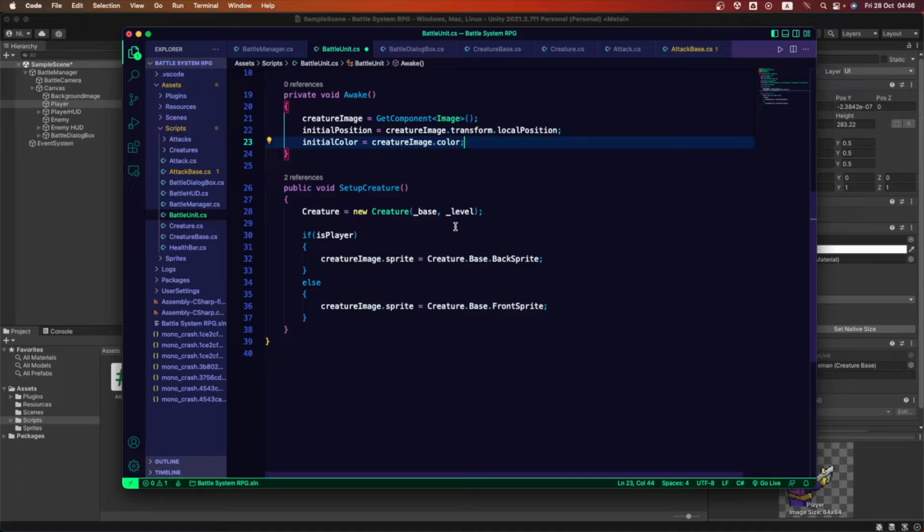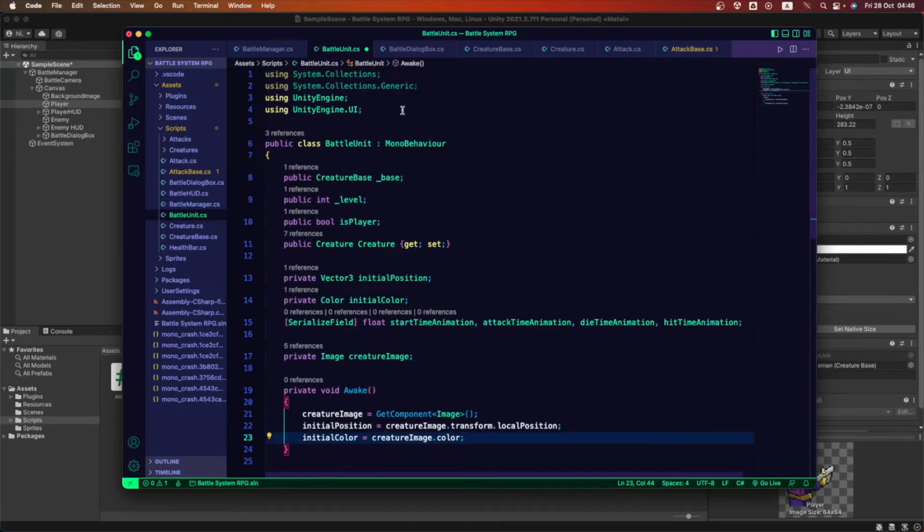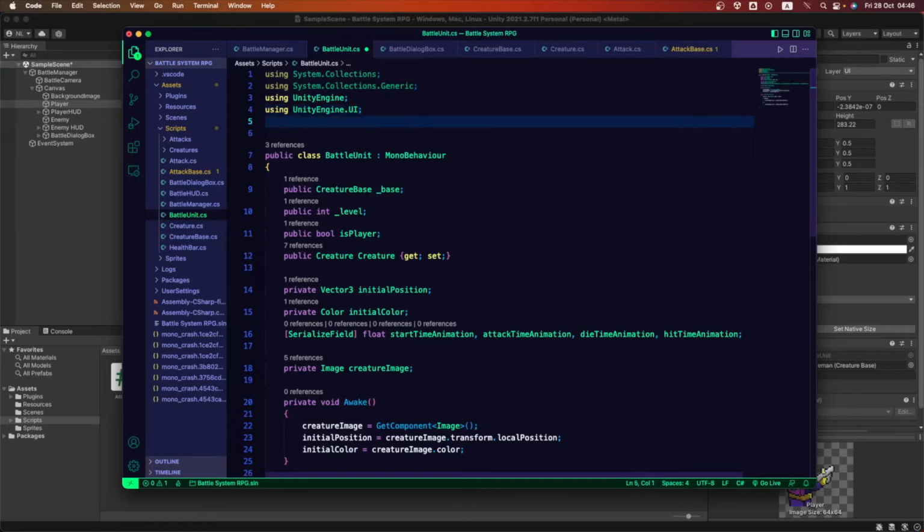So we're gonna start with that animation first. And before going into the animations, don't forget that this tool that we're using is a new library, so we gotta add it on the top. In the battle unit script, we're gonna be using DG Tweening, and that is the name of the library, DG in uppercase dot Tweening with a T uppercase and the rest of the word in lowercase.